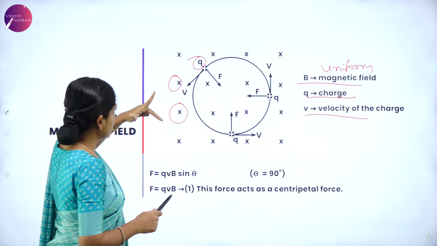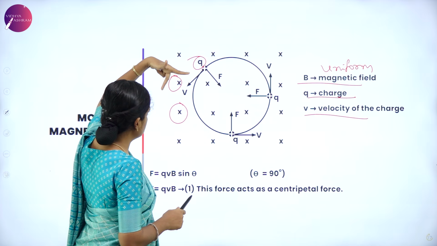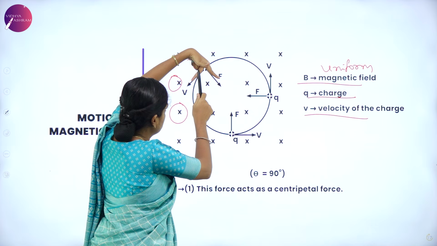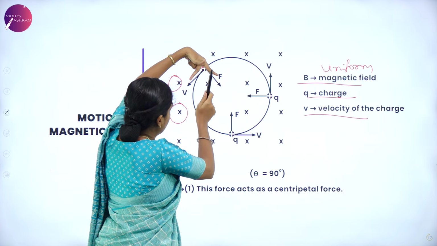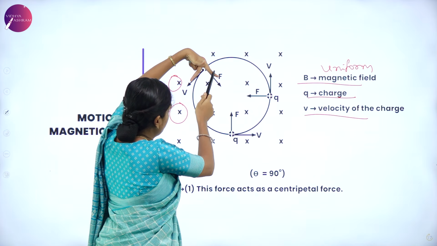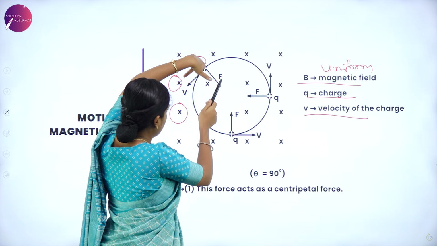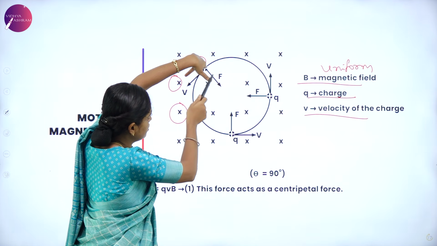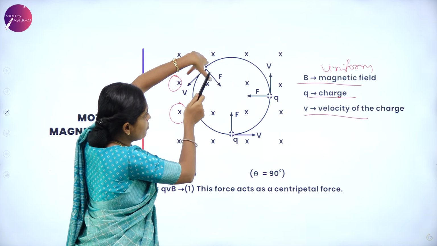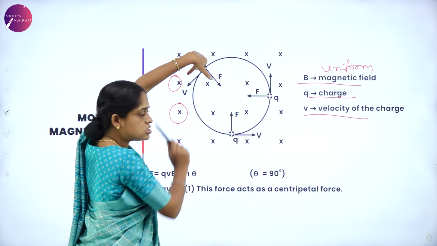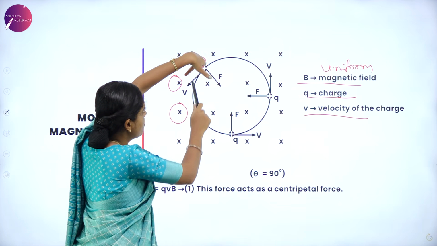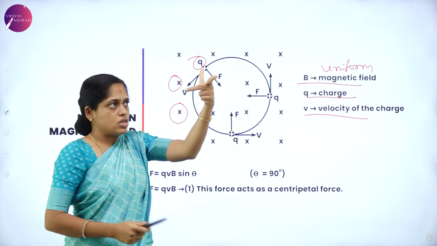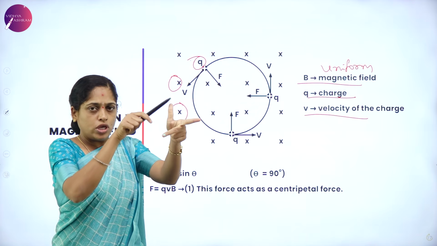So in that direction, let us keep all the fingers. This is the direction of the motion of charge, and the magnetic field is represented by the forefinger. Now the magnetic field is into the plane of paper, correct? Okay, now look at the thumb. This gives the direction of the magnetic force acting on this moving charge, which is perpendicular to the direction of magnetic field. Look at this, all are perpendicular to each other.